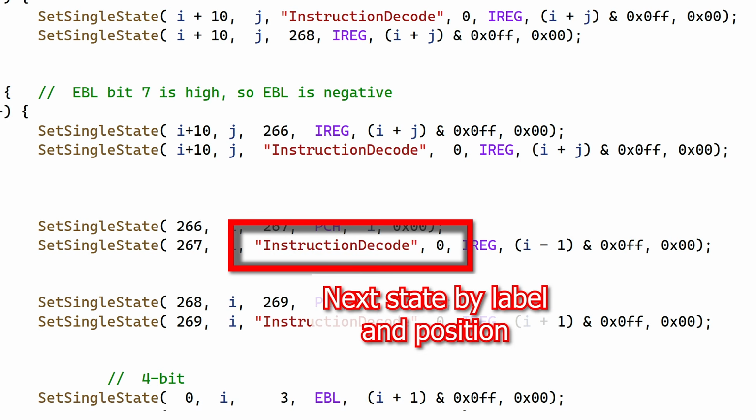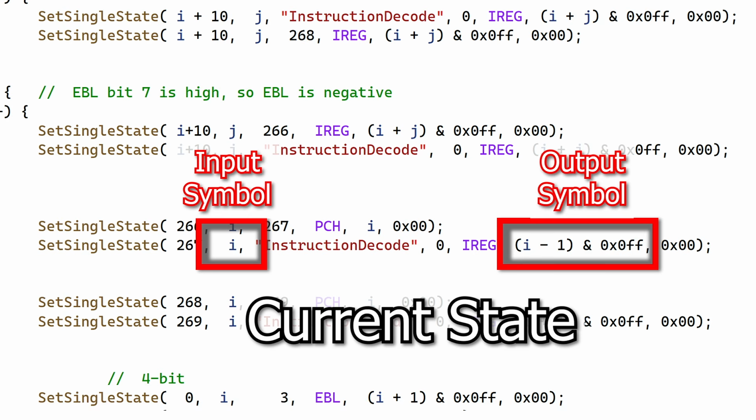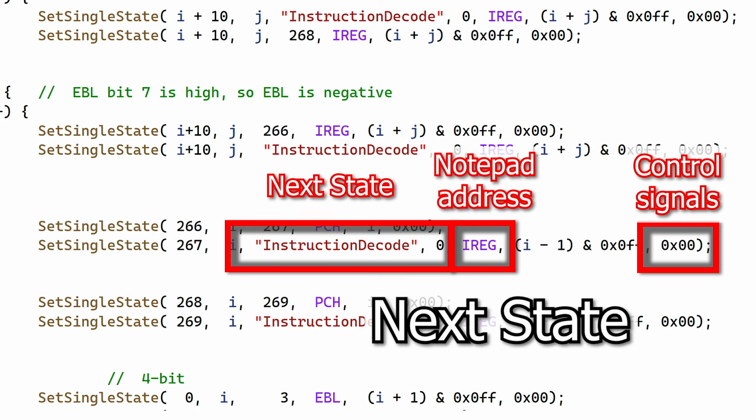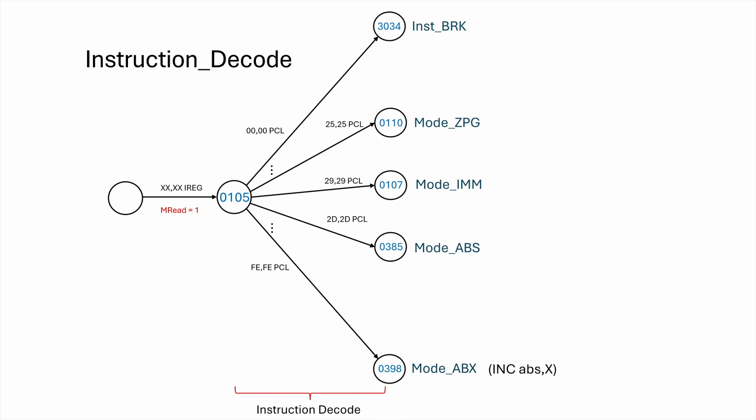Now I'll admit, the first time you read this code, it's a bit of a bear. That's because the input and outputs refer to the current state, but the notepad address and control signals are for the next state. Once you get used to the separation though, it starts to click. Now, the visual equivalent of this is the state machine diagram. Each circle is a state. We arrive at a